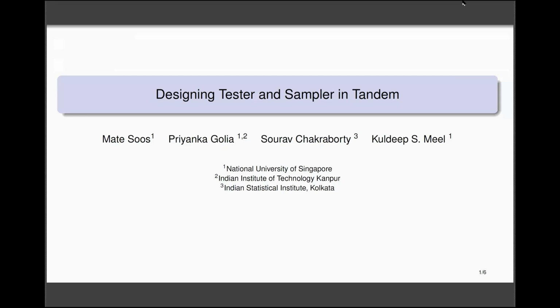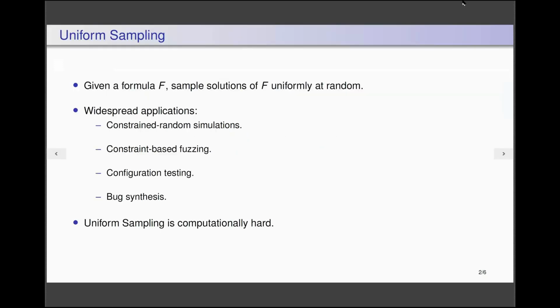So let us first introduce the notion of uniform sampling. Given a formula F, the problem of uniform sampling seeks to sample solutions of F uniformly at random. Uniform sampling is a fundamental problem with a wide variety of applications that includes constraint random simulations, constraint-based fuzzing, configuration testing, and bug synthesis. The computational intractability of uniform sampling has led to the development of sampling techniques that use